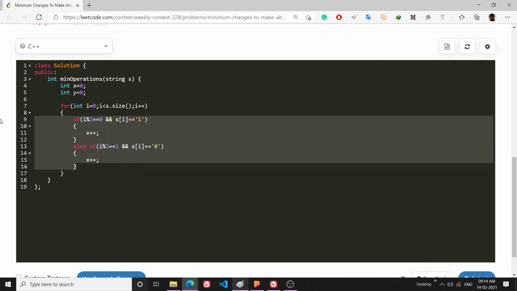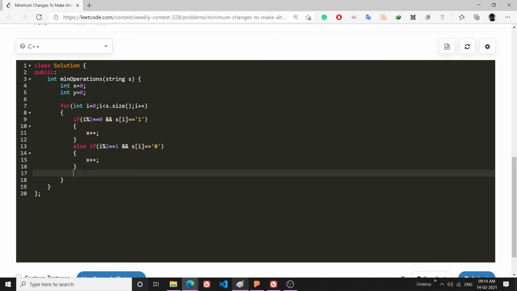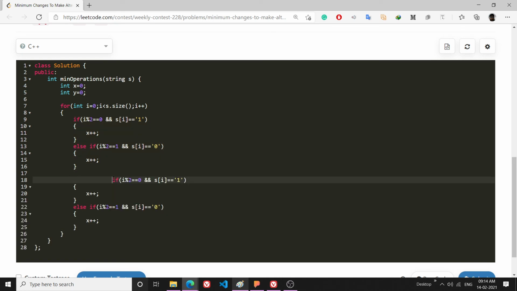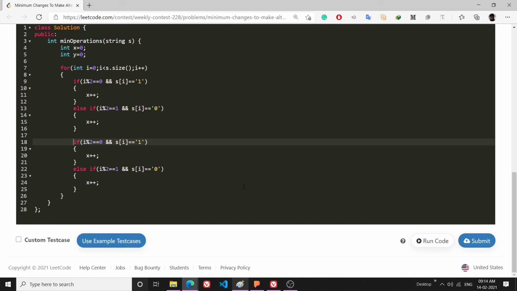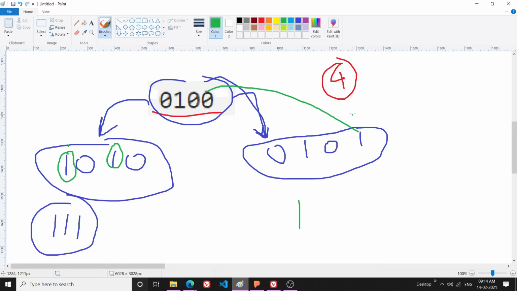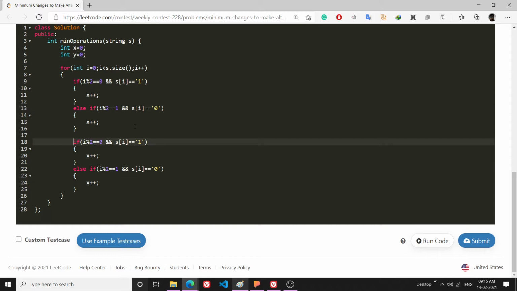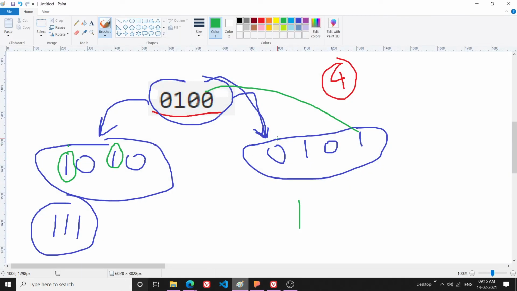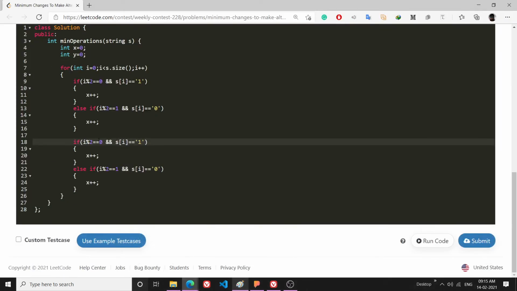For the second case, I will now code it. It will be the same, but the alternating pattern is just the opposite. In the second case, at all even indexes there should be 0, and at all odd positions there should be 1.